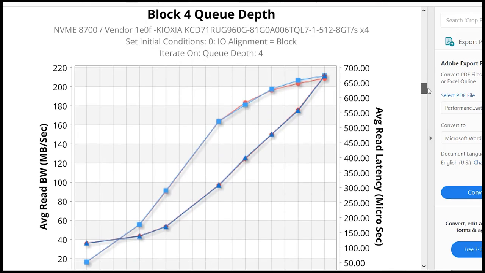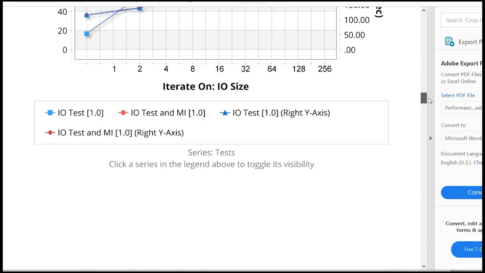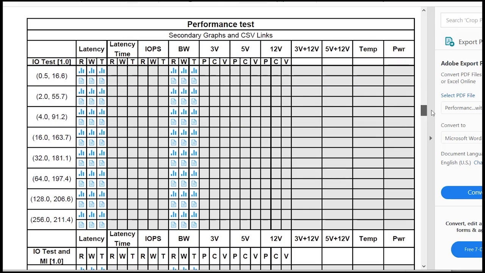It gives me my charts that I created, and then it gives me a grid here that provides me the latency. And you can see here is my I/O size and the different combinations for what I did, both in terms of latency and bandwidth.